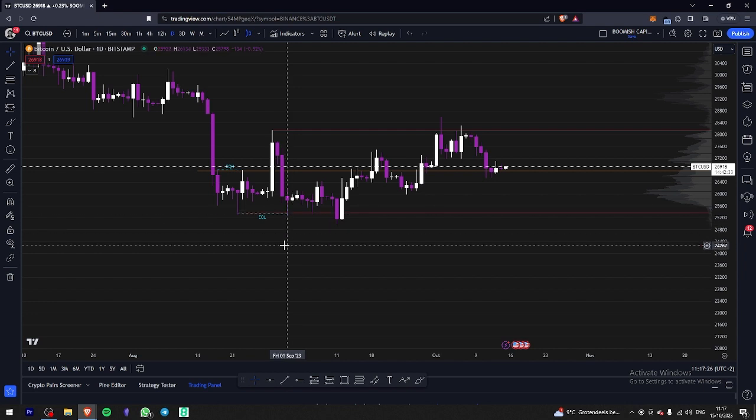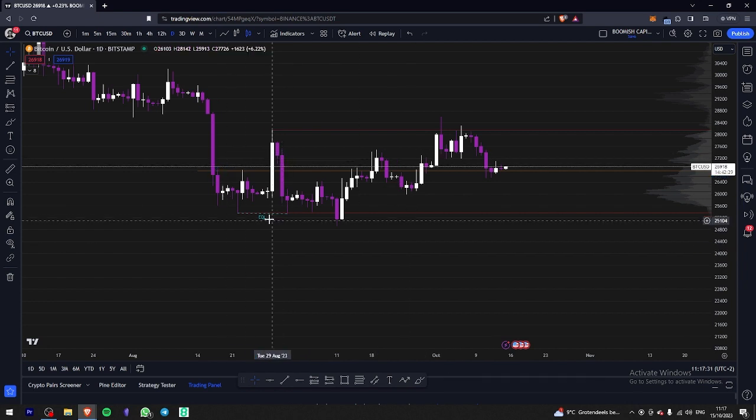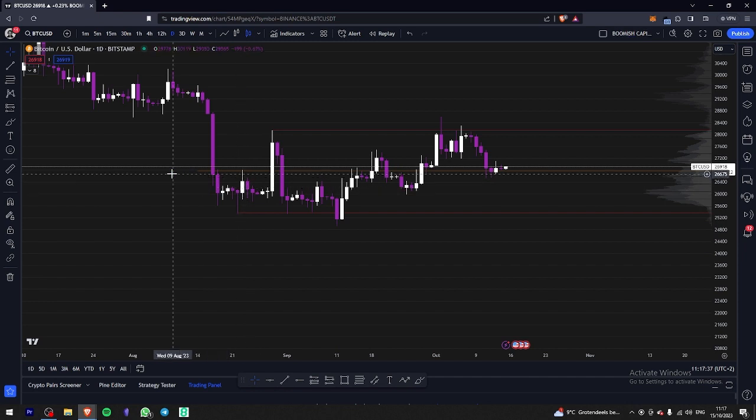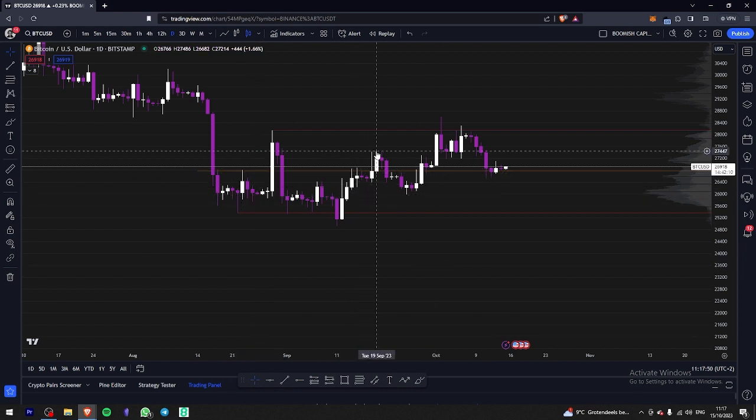So a thing to note about the EQ, so we can keep going with that. With the midpoint of the range, you'll often see that if the price rejects off the midpoint, as we can see here, it'll stay in the bottom half. As you can see here, it tries to rally under, retests it, stays in the bottom half, right? Comes in,